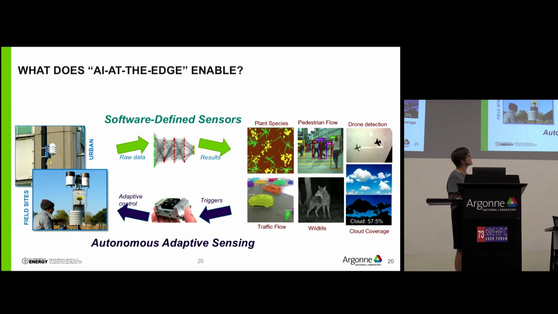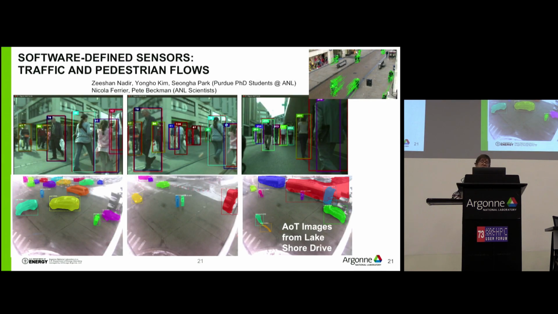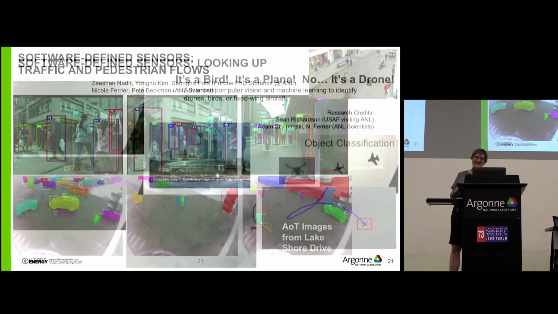This is with the Lincoln Park Zoo, clouds and cloud coverage. And so, you know, the city of Chicago, and I think most other cities, are interested in looking at movement of people and traffic. And so we've been tracking, this is actual real footage from our AOT nodes on Lakeshore Drive, and we have a computer vision machine learning system running here that's identifying things. And you can't read it, but it's got people and car. Most of them are correct. This is a bus, it knows it's a bus, although it thinks the bendy part of a bus is a suitcase. So we still have a little work to do. It's really glad that those print small.